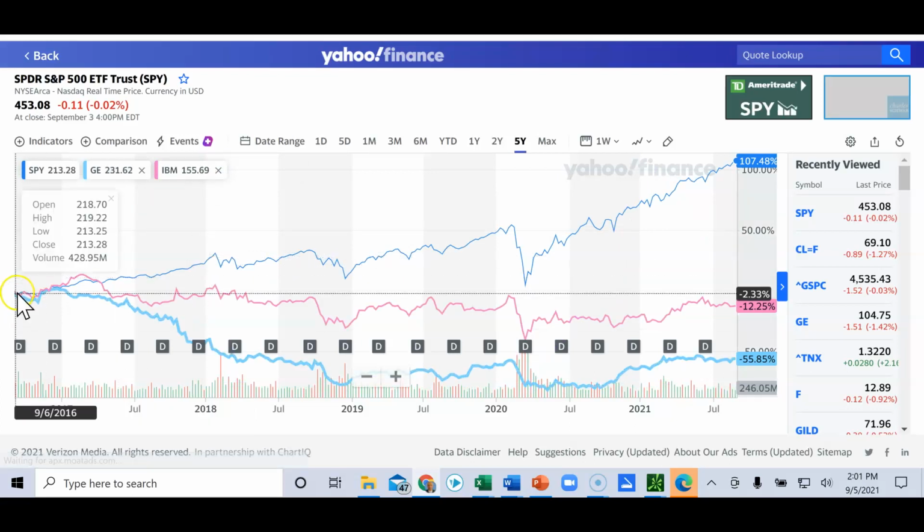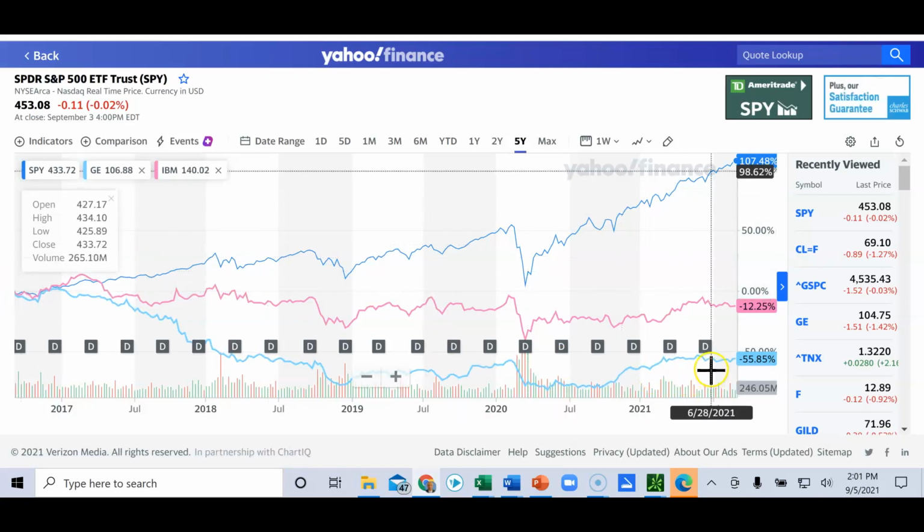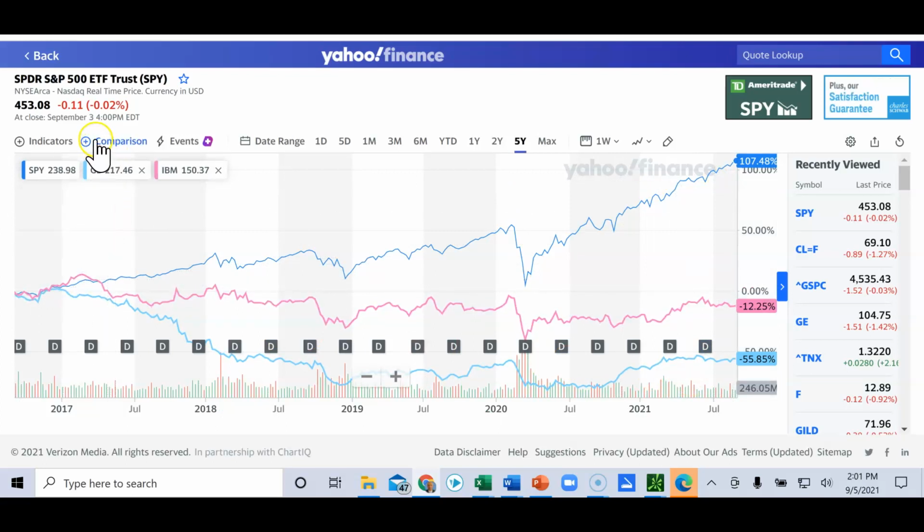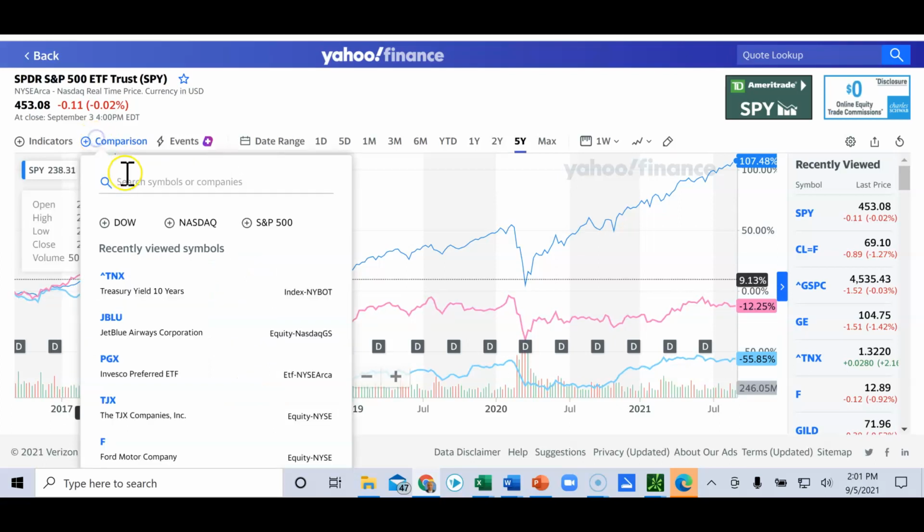If somebody had invested in IBM, they would have been down 12%. In the last 5 years, GE would have been down 55%. Again, the S&P 500 would have been up over 100%. If I throw in another company like Amazon,